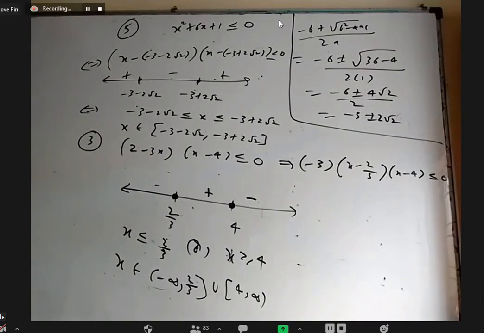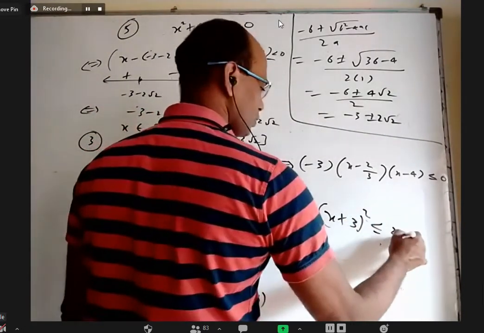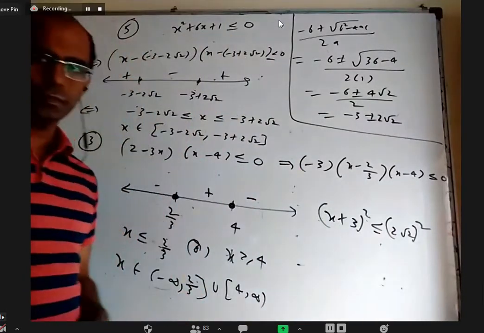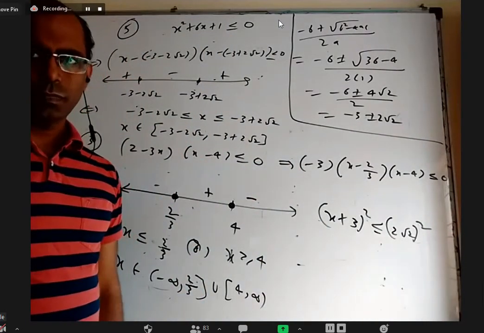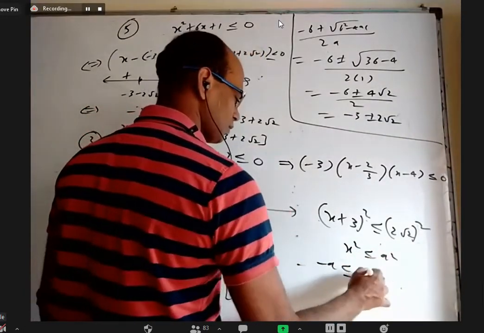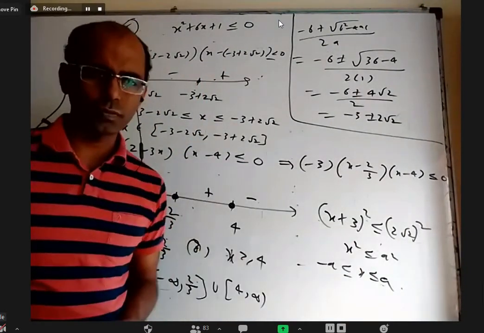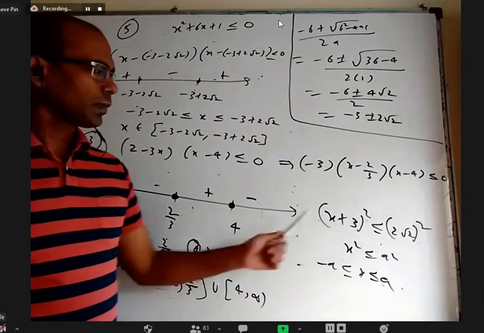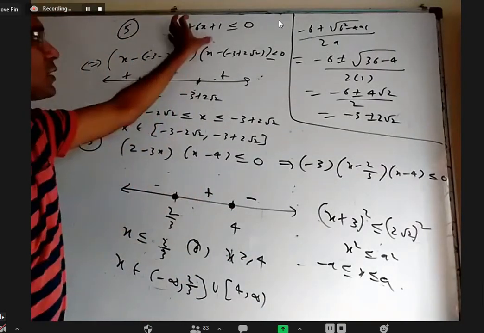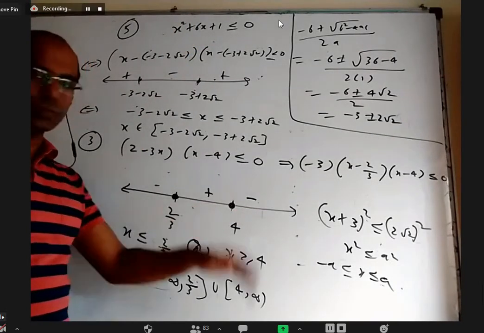So can't we write the equation in terms of a perfect square? You can write, but after that what are you going to do, there is a problem. Let us say you are able to write x plus 3 whole square is less than or equal to 2 root 2 whole square. What will you do with that? You can do it, but you should know that x square less than or equal to a square means minus a less than or equal to x less than or equal to a. It is like mod x less than or equal to a only, not much of a difference. Okay. But here two things are there. Let us say I gave this into one more quadratic. Then obviously you have to take number line. So you have to know the roots, right?